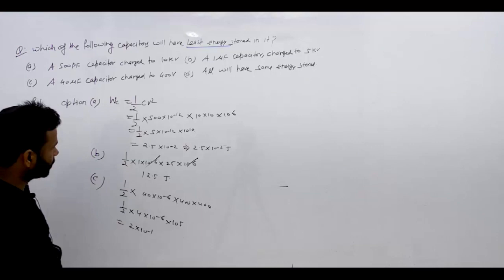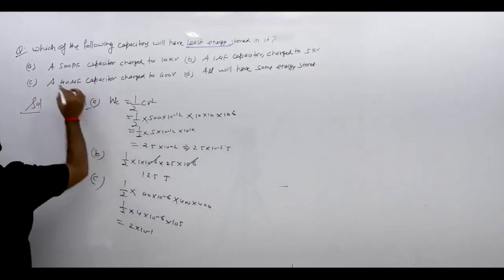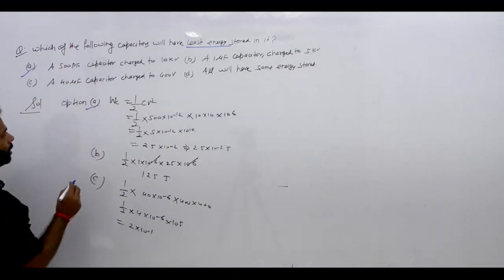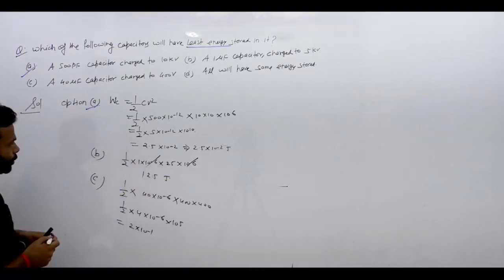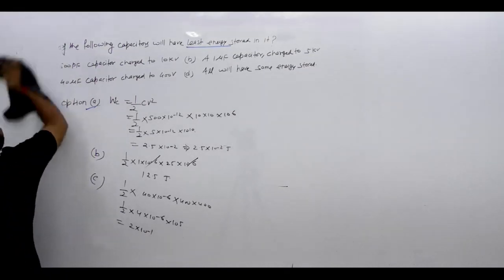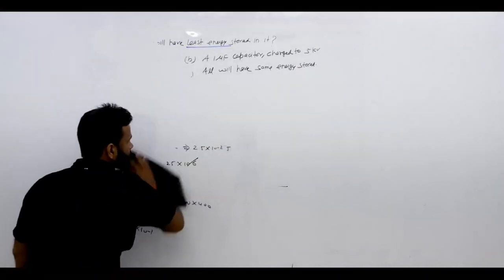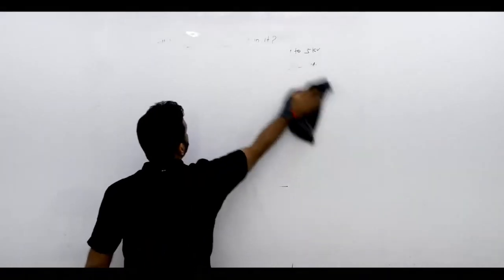So the least energy is in option A. If they had asked for the highest, then the highest energy is in B. So for the lowest we will choose A, and for the highest we will choose option B. Okay, so देखते हैं next question क्या होगा।